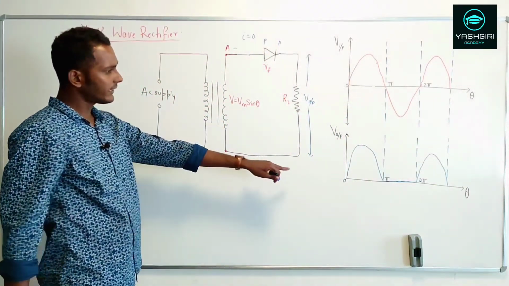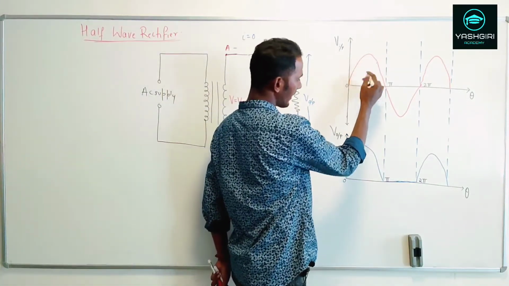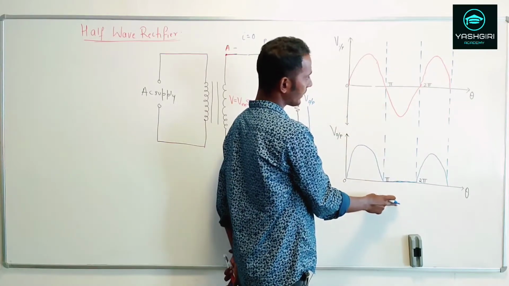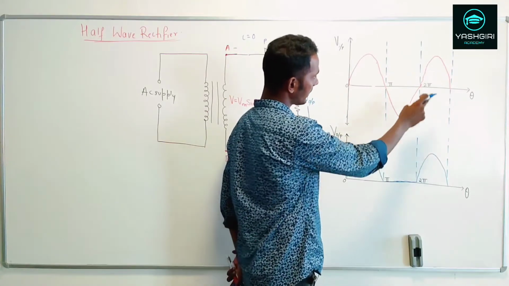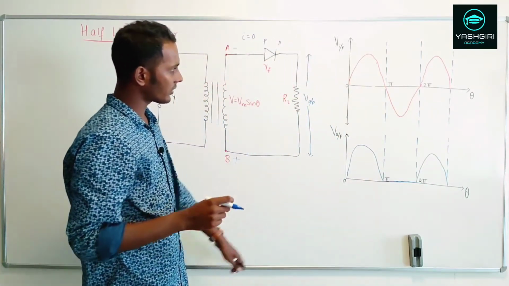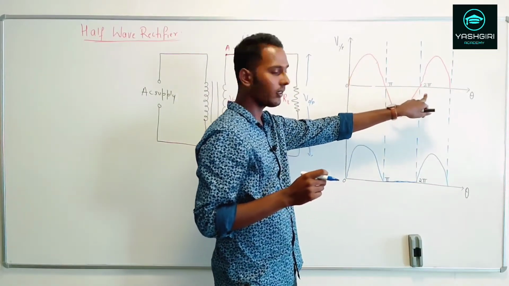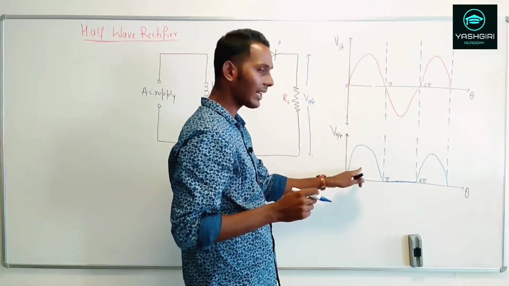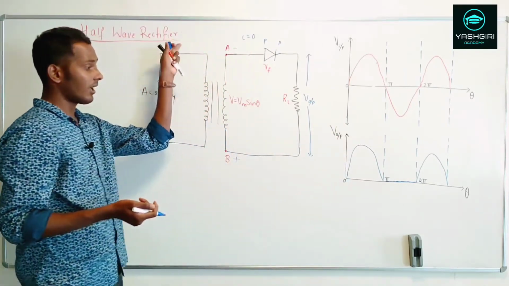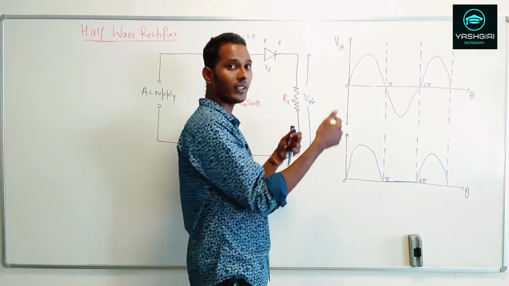So if you see it carefully, the positive half cycle has been given at the output, whereas you don't find the negative half cycle being rectified. Okay, same thing is happening for this cycle as well. So what I can say is that the signal you are supplying at the input is the entire wave, 0 to 2 pi, but at the output you find only the half wave has been rectified. So that's why the name is called a half wave rectifier. It just rectifies the half wave of the input supply.